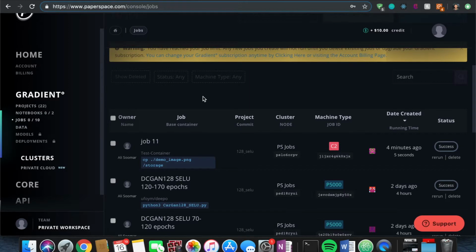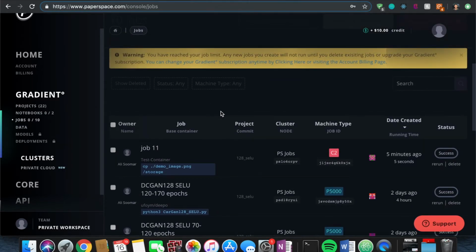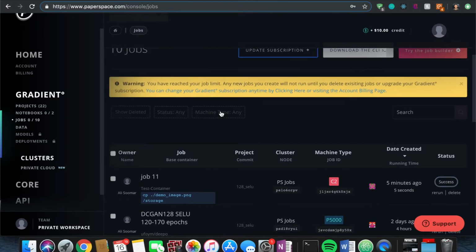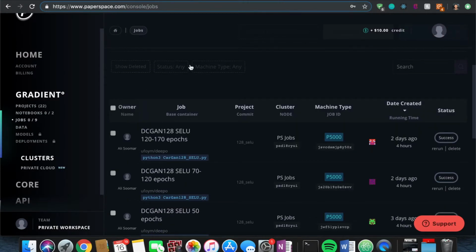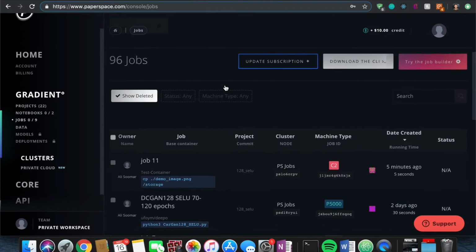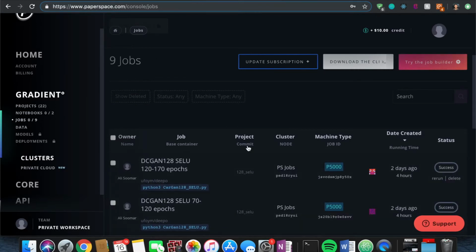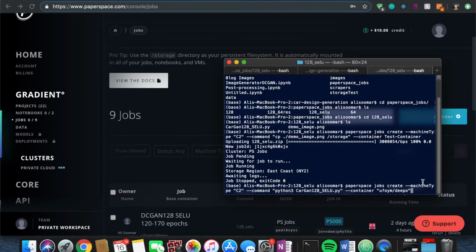However, as you can see here, I already have 10 jobs up, and for the free subscription, I cannot have more than 10. So I'll have to delete one of these, but no worries, because you can always show your deleted ones, and from your deleted ones you can go back and look at the artifacts again. So it should be completely fine if you delete them. So I'll go back here. Now I only have 9 jobs after I deleted the last one, and now when I go back to here, I can click enter,